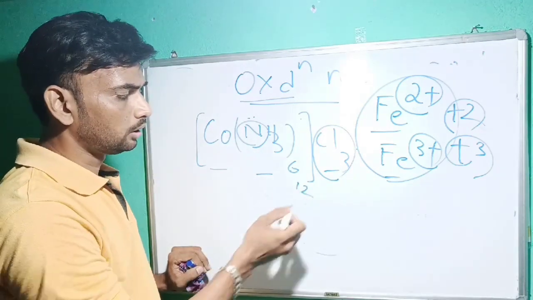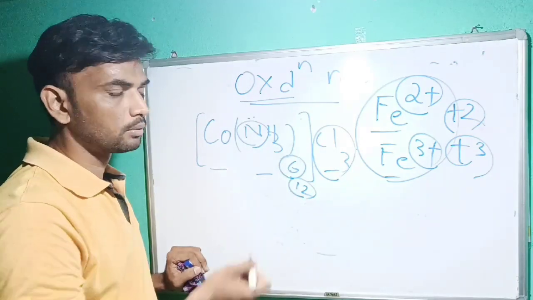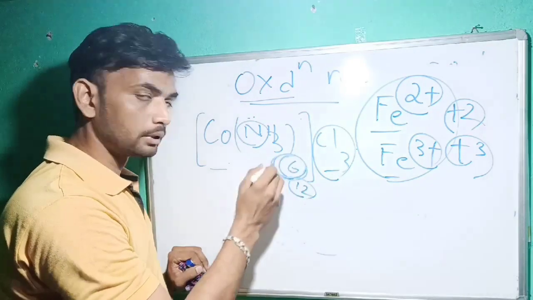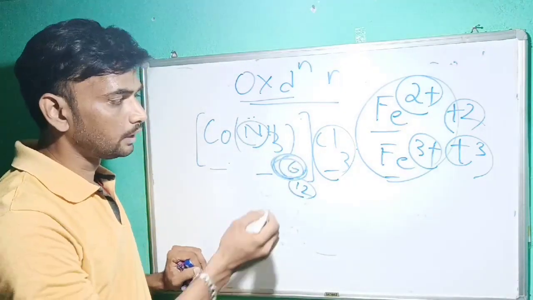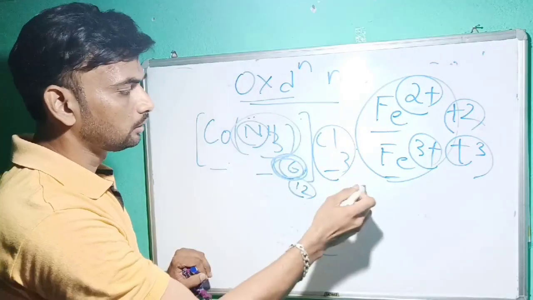Total number of electrons is equal to 2. There is formation of 6 coordinate bonds. That's why in this case the coordination number is 6. Clear? Then coming forward, in this case ammonia,